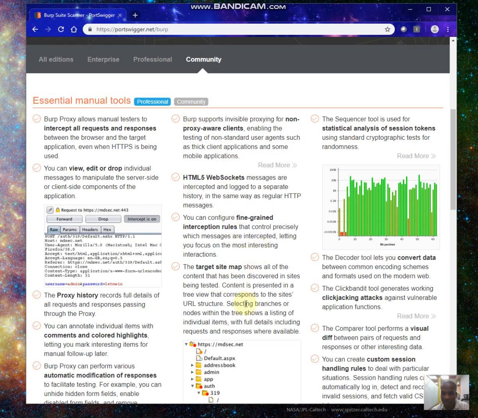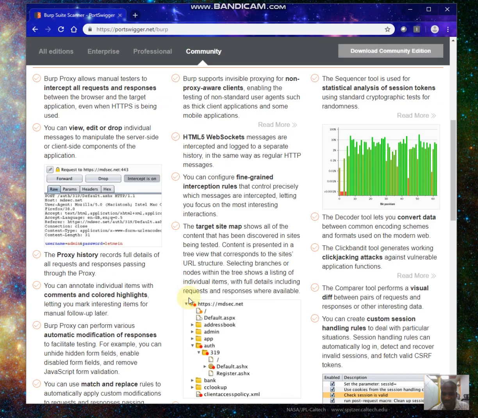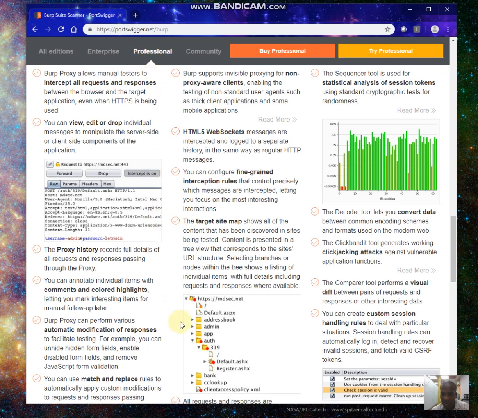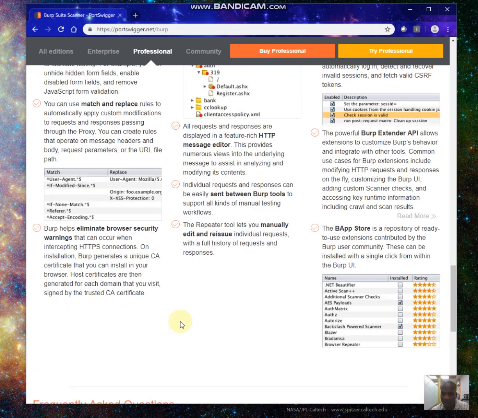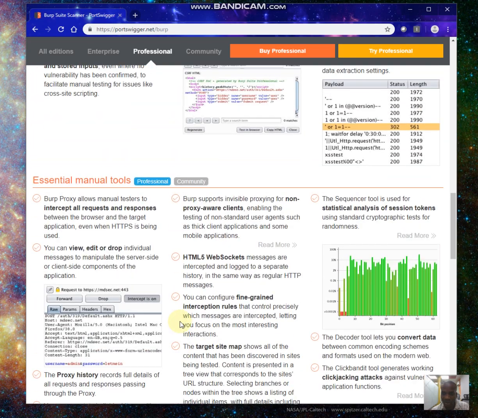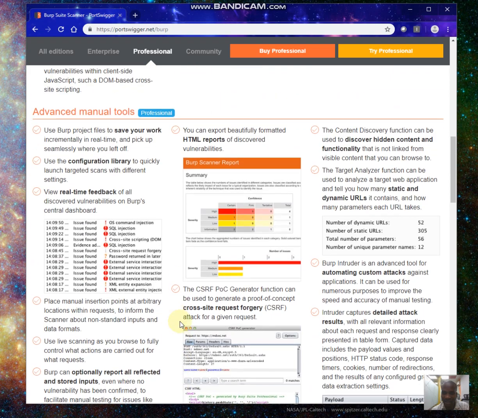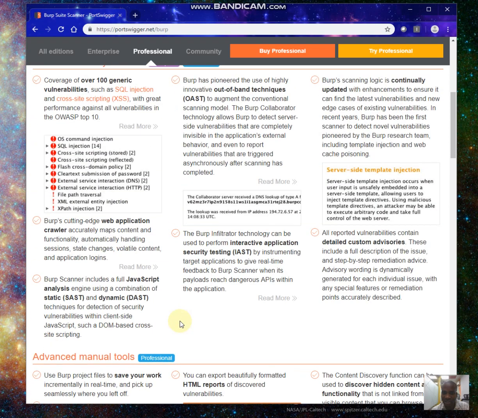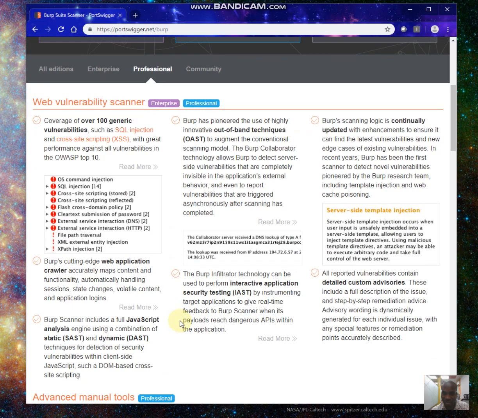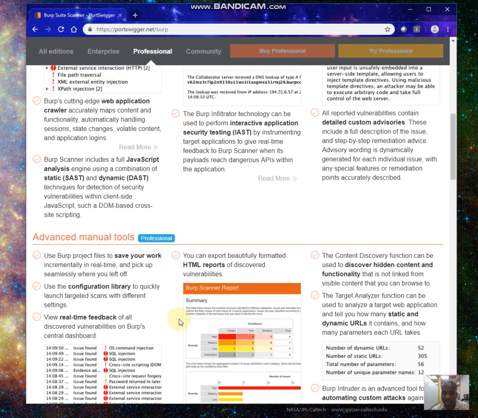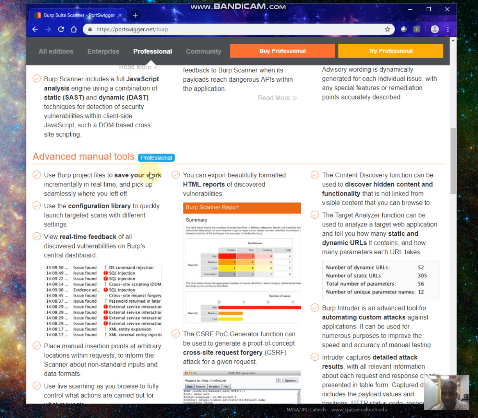So right here, for the community version, we have all this listed, what the community version can do. And on the professional version, we have this also listed, the features of the professional version. Let me quickly show you the difference between the versions. The professional version has the advanced manual tools, which you don't have in the community version,